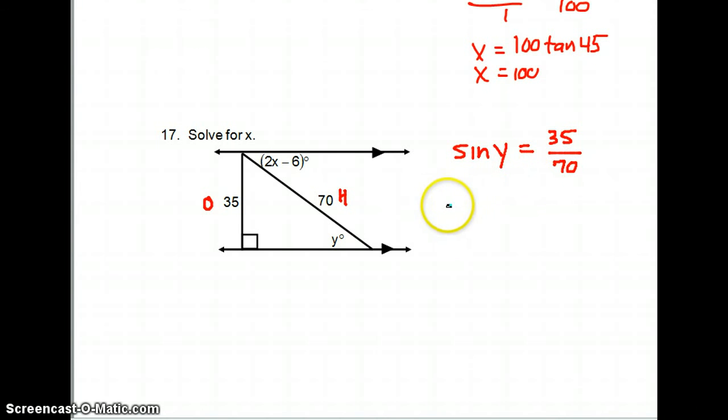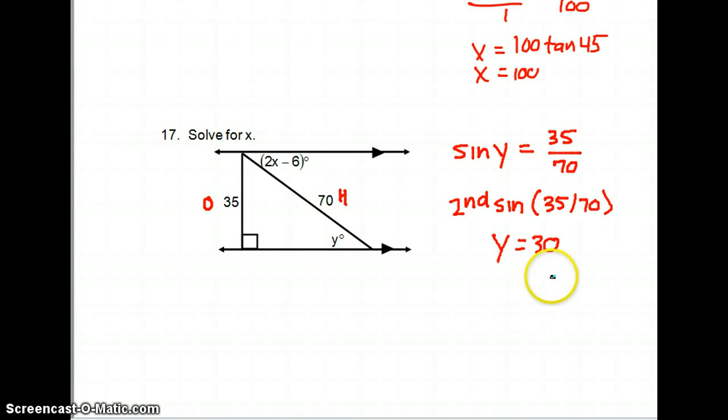Okay, whenever we're looking for the angle, we hit the second button. Sine 35 divided by 70. So, second sine 35 divided by 70, close parentheses, enter. 30. So y equals 30. So if y is equal to 30, you know